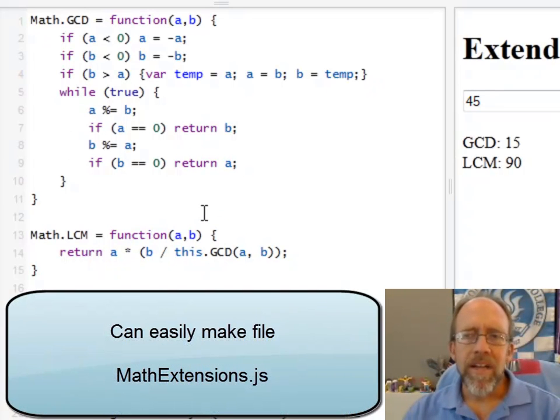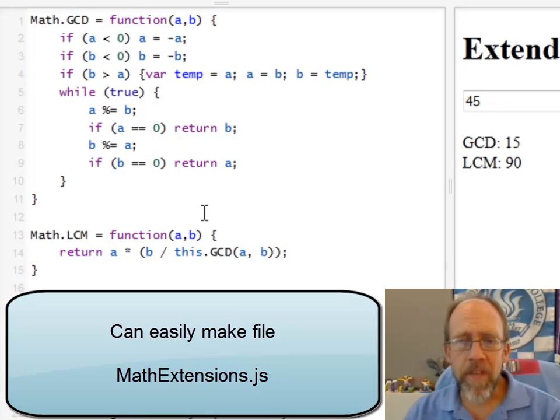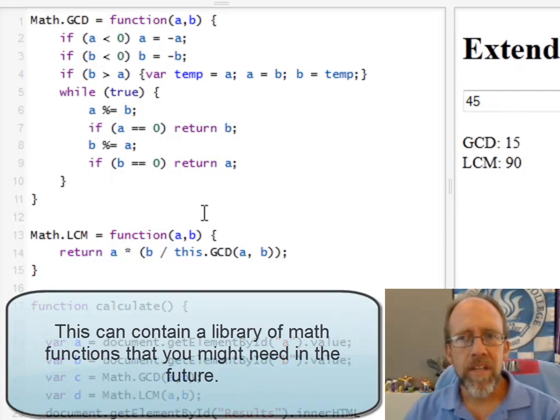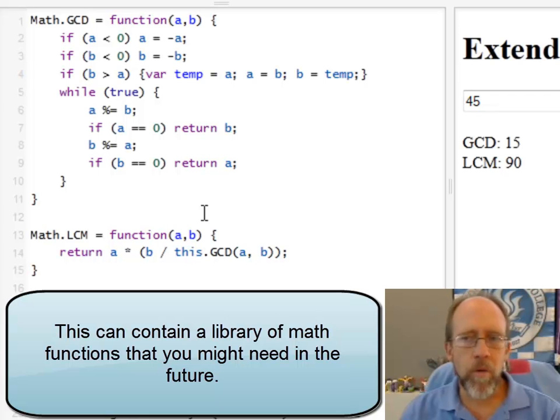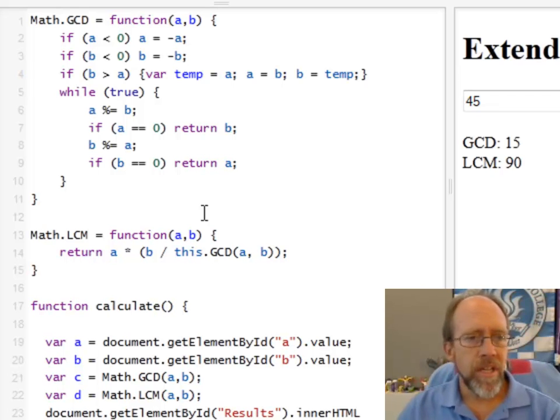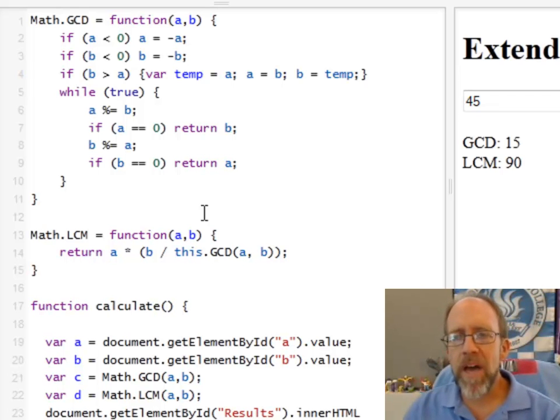Now, it obviously is an extension to the Math class. So how do I organize this? Well, it's simple. You can make a mathextensions.js file where you put your math extensions. There they are, GCD and LCM being two of them, but you can add other ones as you actually need them, and let this class grow with capability, and eventually you'll have a lot of mathematics functions that you might need to be able to use, which is kind of a nice thing to be able to do within JavaScript.